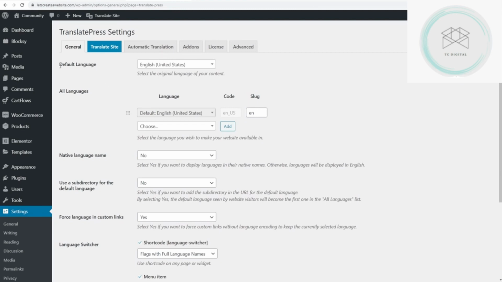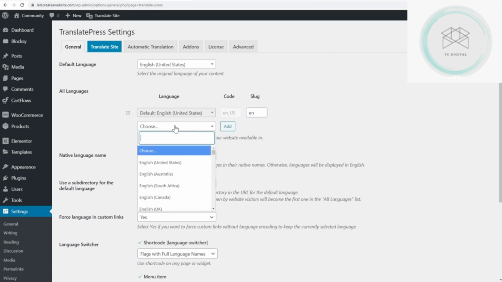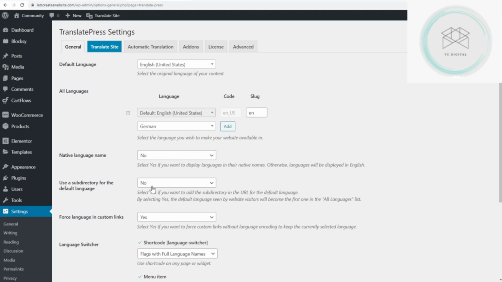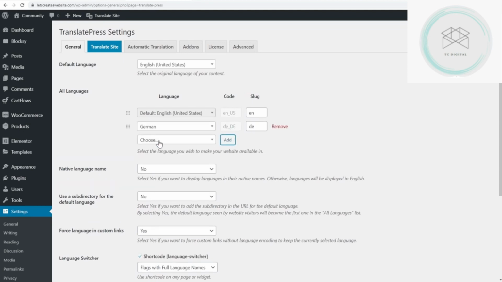Okay, the first step here is to choose a default language, and I'm going to leave this as English. Next, we need to choose the language that we want to translate our website into right here. So you can start entering a language name. I'm going to enter in German. After I enter that in, I have these options. I'll choose German. Now, very important, you have to click on the add option right there, and then it's now